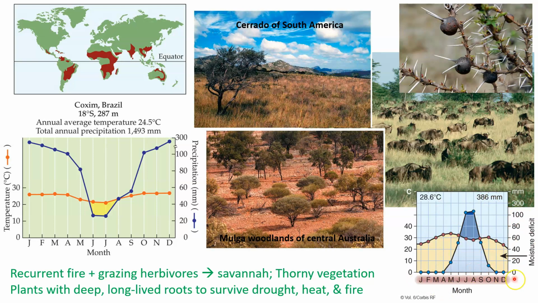In this case, dry conditions towards the beginning and the end of the year, but in the middle few months, you can see remarkably high precipitation that is brought about by monsoon rain. And these monsoon rains are quite torrential in these environments, right? So here you are looking at some cerrados of South America, well studied, highly diverse, biodiversity rich landscapes. It's more like a grassland, as you can see. In contrast, the central Australian tropical seasonal biomes are more like woodlands.